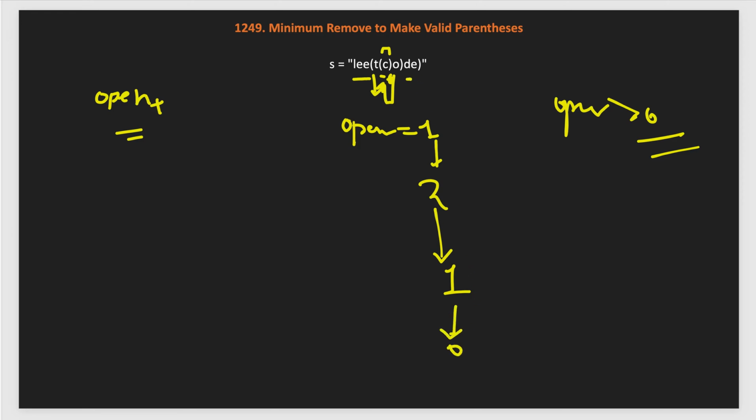Now we continue and we find an extra close and our open count is 0. So we don't have any open for this close parenthesis on the left side which would make it valid. So in that case we mark this character with the special character asterisk, as discussed in the previous solution as well. So this is what we will do in the first pass. After that we can just construct the result, but there are a few more cases.